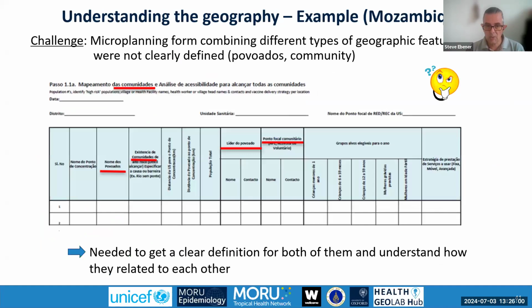Another similar, more recent example, also related to microplanning, in Mozambique this time. In this case, the difficulty was that the microplanning form that was used in the field was combining different types of geographic features, again communities, but also what are called povoados in Mozambique. And there was, again, really not a good clarity on what these two concepts meant. So there was a need, once again, to get a clear definition for both of them and also understand how they related to each other to make sure that